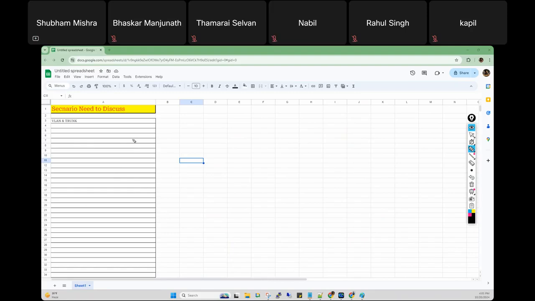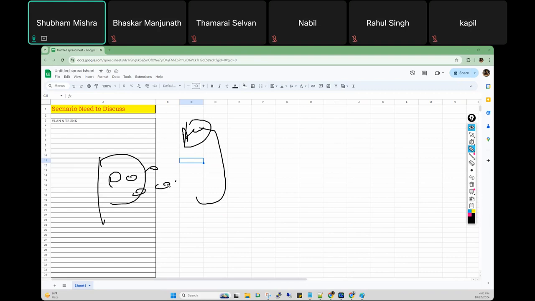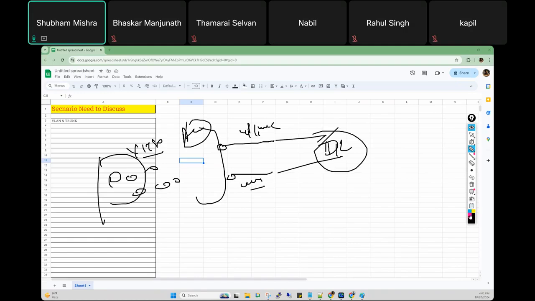On VLAN and trunk, generally we will discuss how we create the VLAN on a new client launch, and how we create the VLAN for growth. Now in trunk, for example, this is the access switch, and here LinkedIn people are sitting. For example, VLAN 180 is there. So definitely on the access switch there will be an uplink, right? That is called trunk. And this uplink is connected with the DR. So on this uplink, what will you do? You will allow VLAN 180.